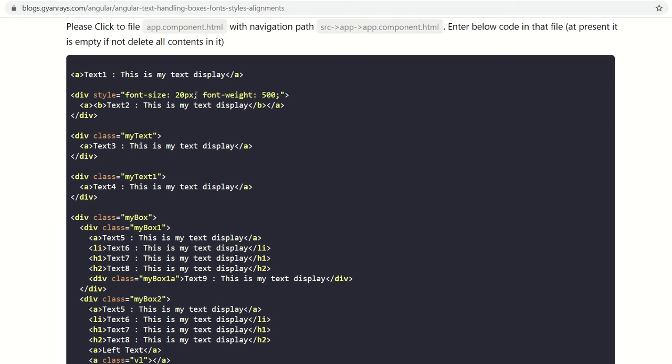So this font size would be 20 pixel and the font weight would be 500. 500 means it is a weight, that means how darker and how broader it looks. It starts from 0 till, I guess, around 2,000 to 3,000 points. So 500 will display the text in a darker mode.